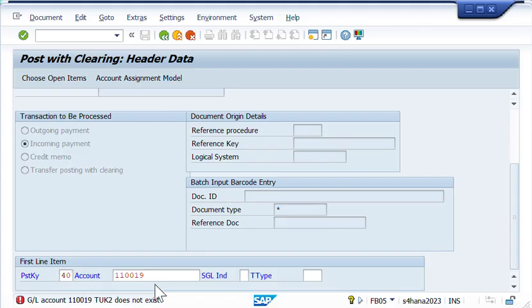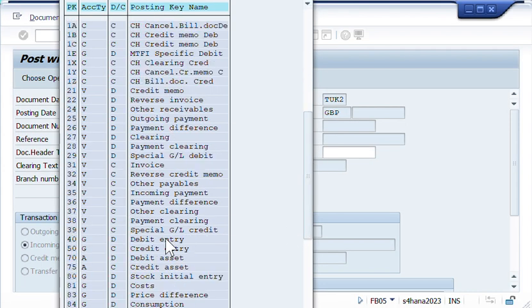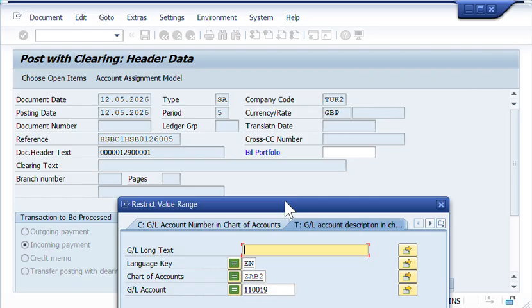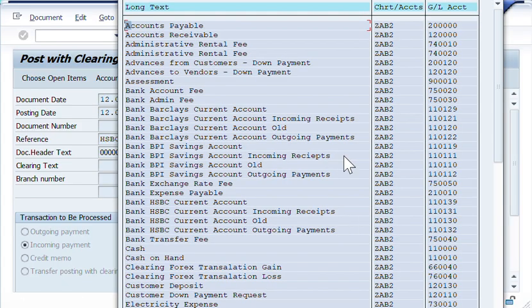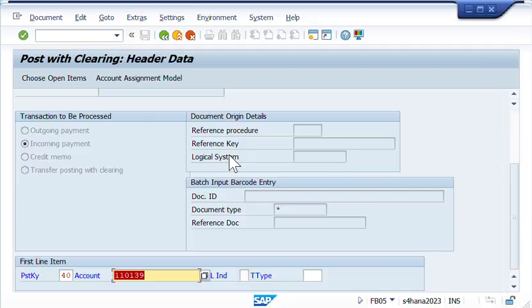We will debit. That's debit. That's increase. Let's go 40. Okay. And we will increase our bank account,